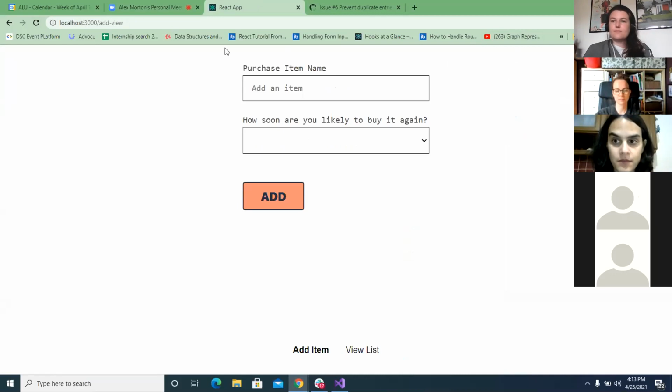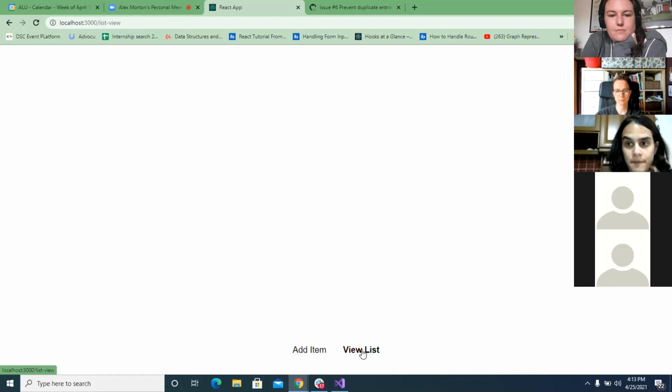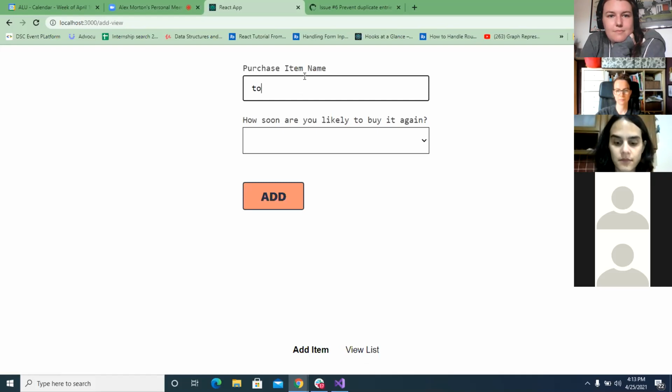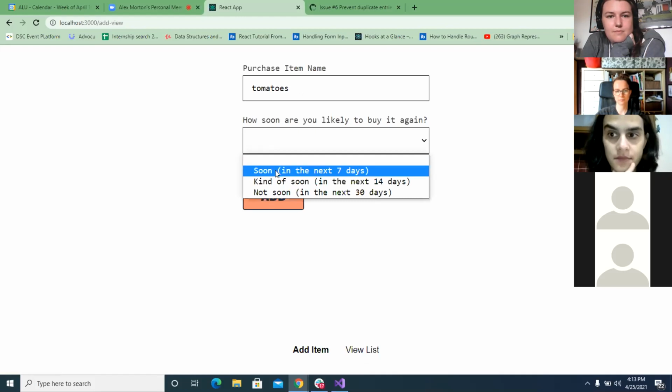So the issue we had to work on this week was to validate this form, so that if a user writes an item that maybe has some punctuations or it's an uppercase, we have to make sure that we remove them and make sure that the item is not the same as what's already in the database. So let me just write something to add in the